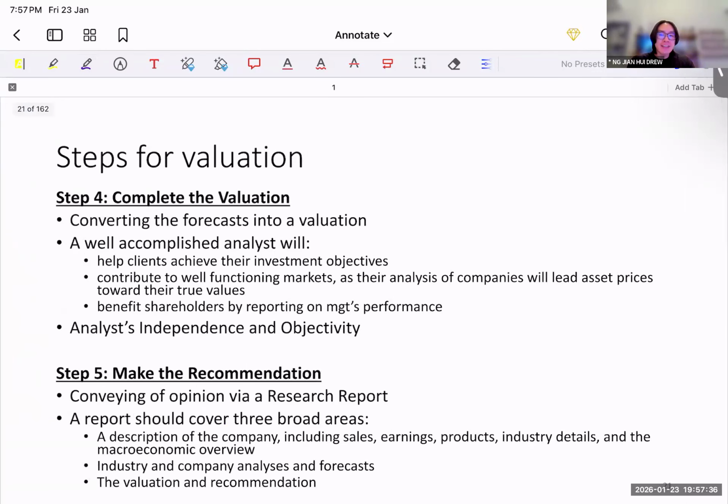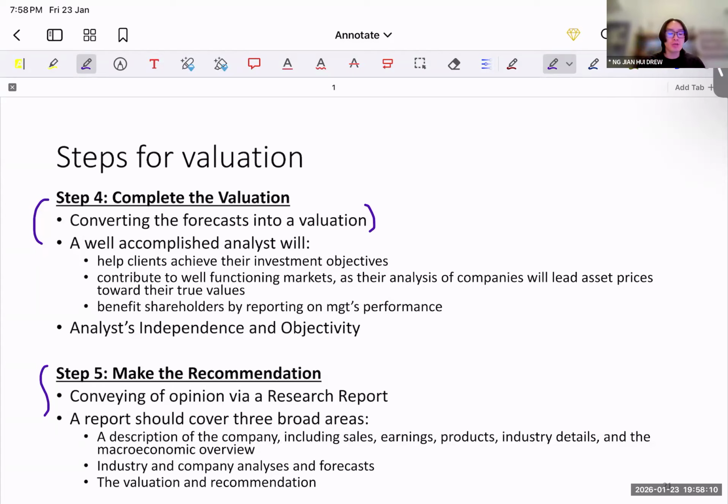Okay, regarding your quantitative aspect, now we move on to providing some forecasts. That's where you project your financial statements and then determine whether the stock is over or undervalued, and from there you make a recommendation on whether it meets the objective of your investor in your step five as well. So four and five can be combined together. Basically, it's almost towards concluding your report.